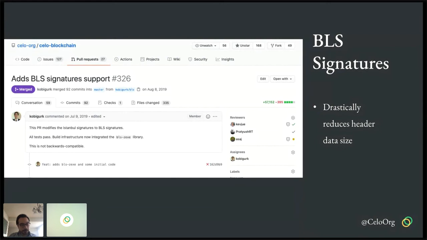And during the verification of this BLS signature, the verifier will know the keys of all the individual signatures that have been aggregated into this one signature.